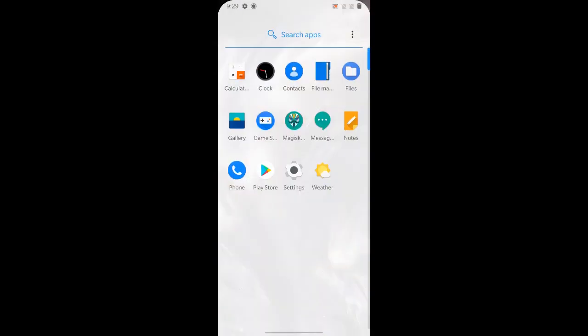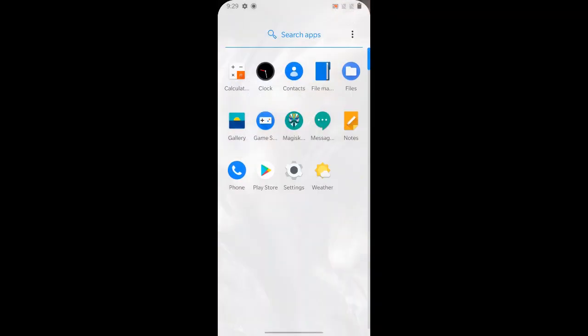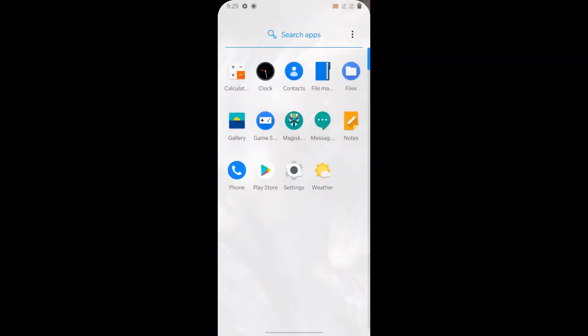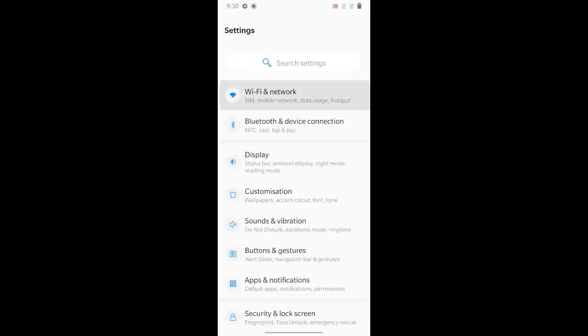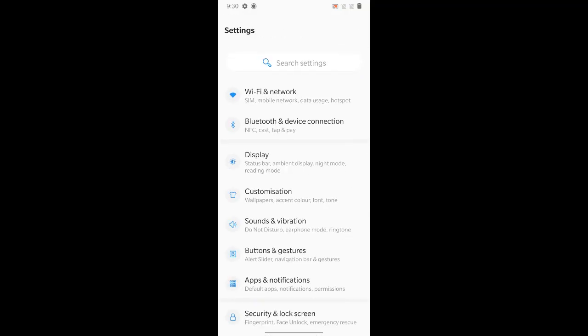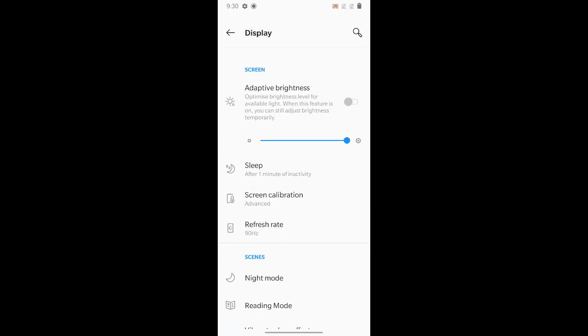Messaging has been seen. We also have the Notes app, which is also adapted to the newest version, so you can see here. Then we have the Play Store and the usual things working great, with no issues. I have not signed in after reset. We have the settings, where the major options are working. If you want to see the Wi-Fi network, we have all the options that are included in the OnePlus 7 Pro's Wi-Fi network options. Display also has adaptive brightness, which is working good.